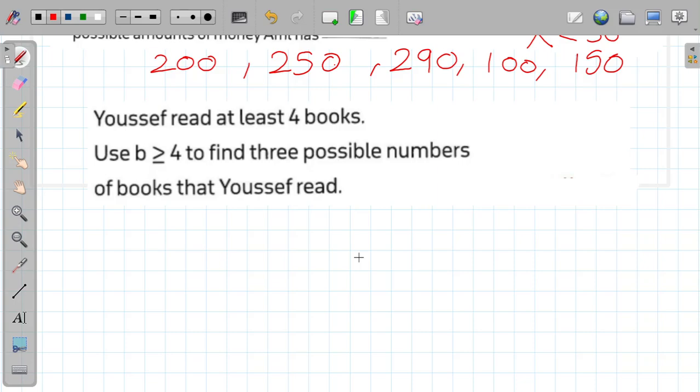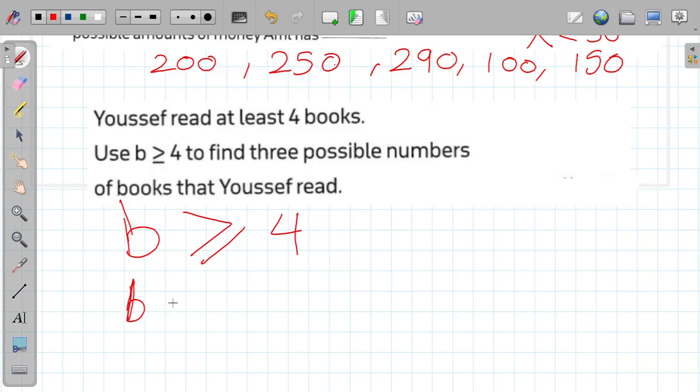Okay, so I want 3 possible integers to be the solutions of the inequality. So I have b more than or equal 4. So I want 3 integers to be more than or equal 4. So maybe